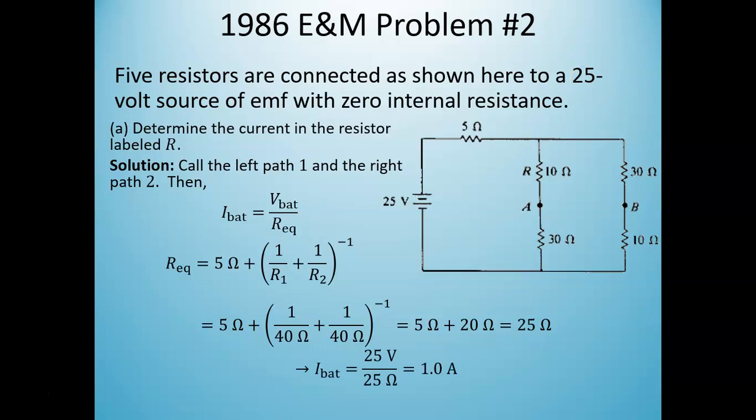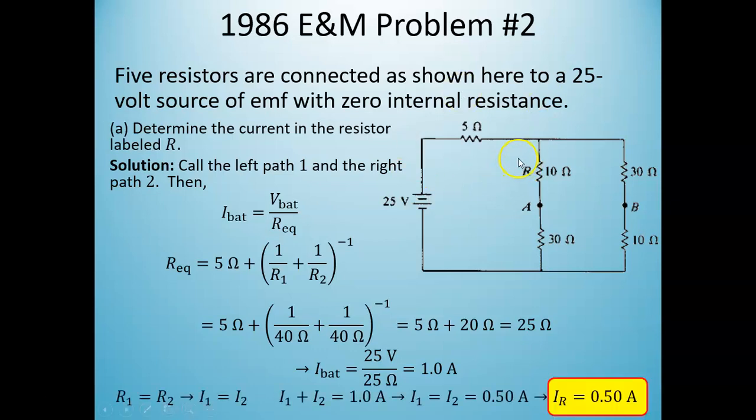But we don't care so much about the current coming out of the battery. We needed it as a way to get the current going down through our resistor R. Well, the resistance of path 1 is the same as the resistance of path 2, so the current going through path 1 is the same as the current going through path 2 because their potential differences are going to be the same. Because you start here, you end here, you're dealing with wires at the beginning, wires at the end, so the potential at this point is the same here and here. The potential right here is the same here as it is right here,